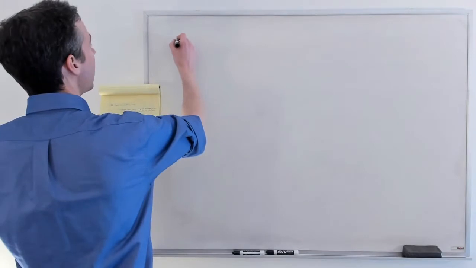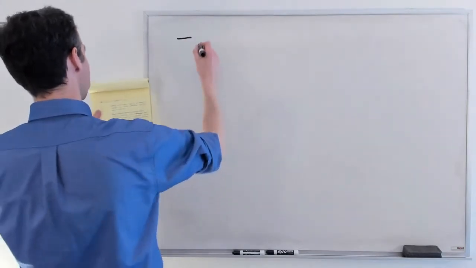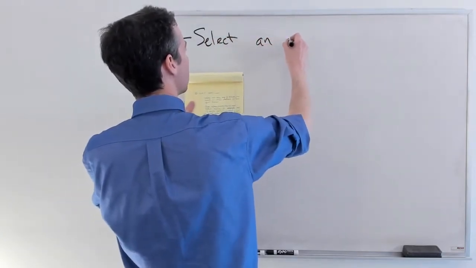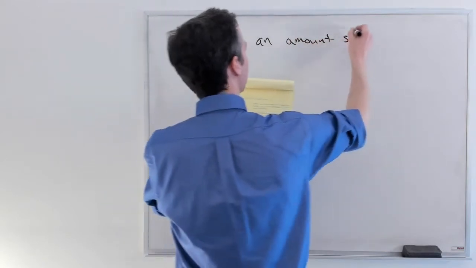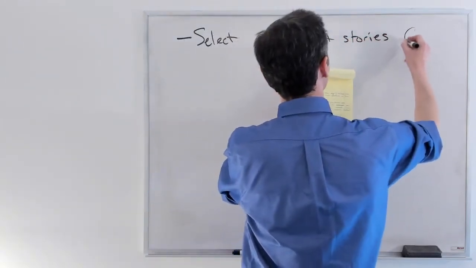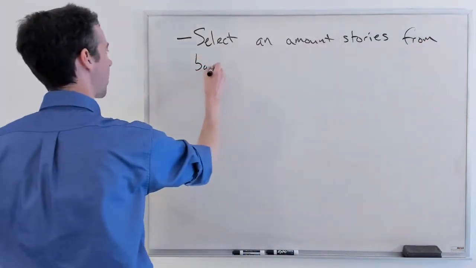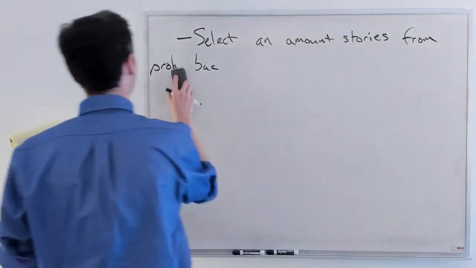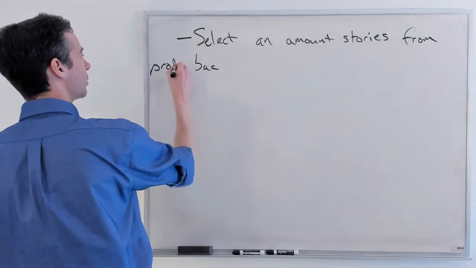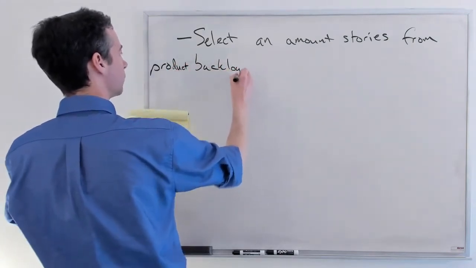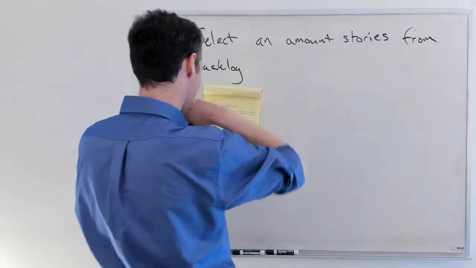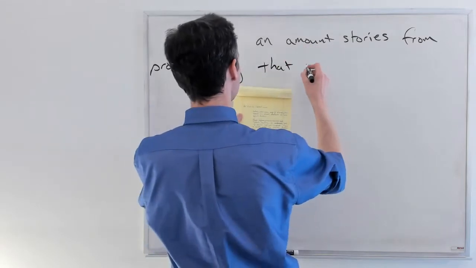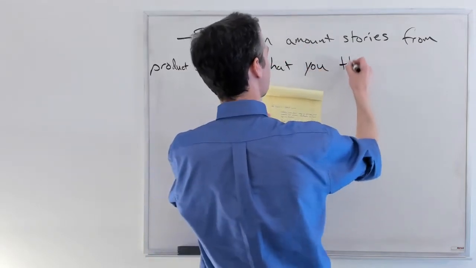And so after we've updated our product backlog, now we select from the highest priority an amount of stories. So we pull these stories off from the backlog. Make sure we keep in mind, we have two backlogs. We have a sprint backlog and a product backlog. We don't want to confuse them. So we're going to pull them off from the product backlog, the highest priority stories, that the team thinks you can get done in a sprint.